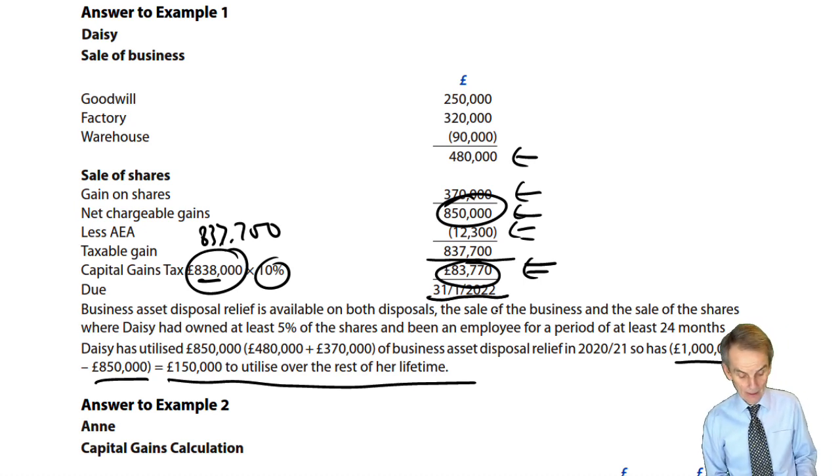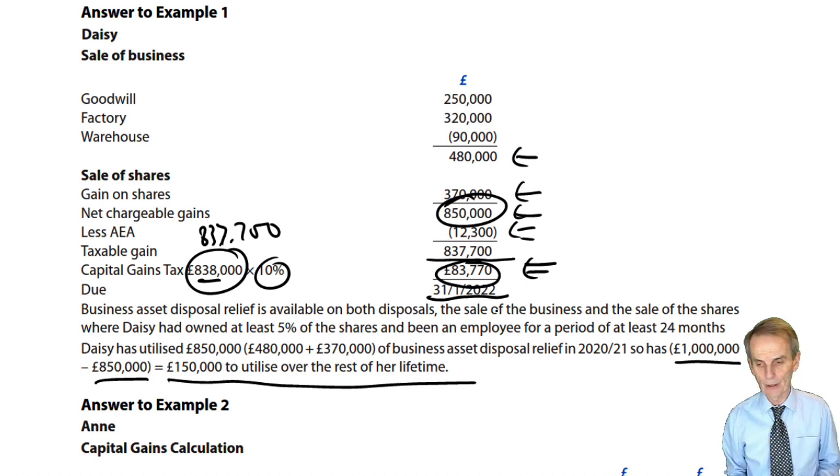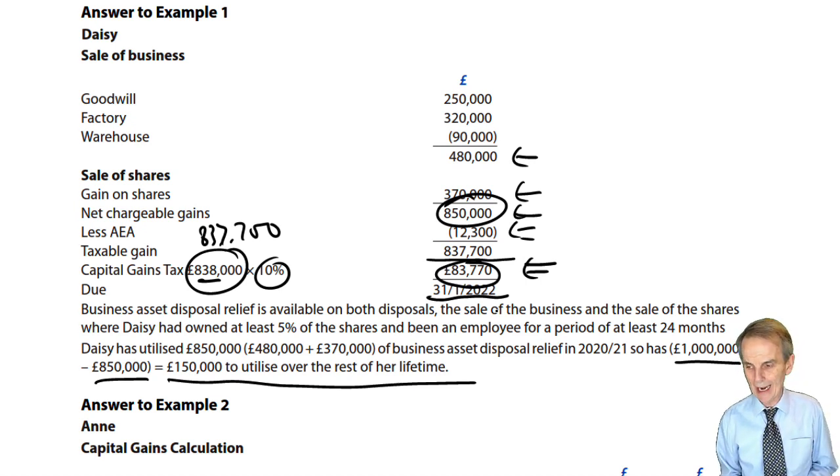Okay, go back through what we've done in this lecture, as I'm sure you always do anyway, and then the next lecture we will carry on with and deal with the remainder of the knowledge that we need to have on business asset disposal relief, and if there's time we'll get stuck into investors relief as well. Thereafter we move to the different types of relief that we discussed at the beginning of this